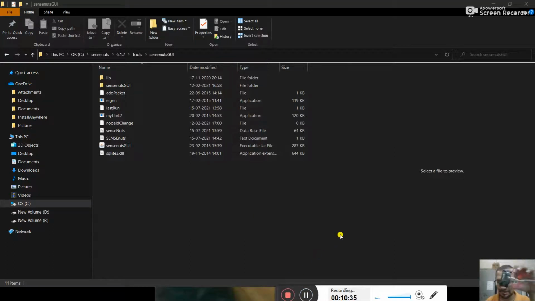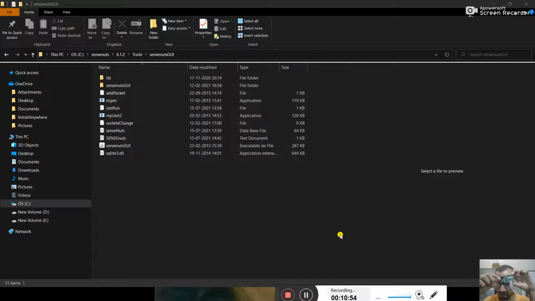So that is a node, and here you can see there is a module. This module is basically your Zigbee module.